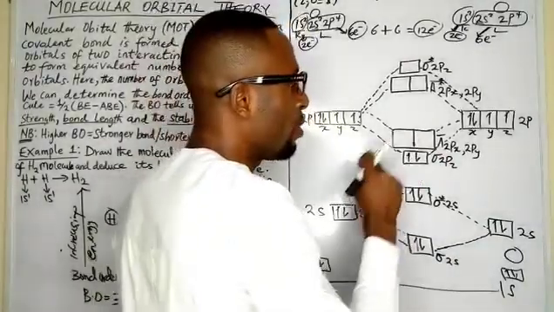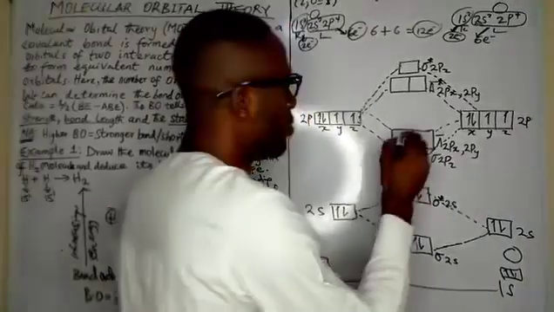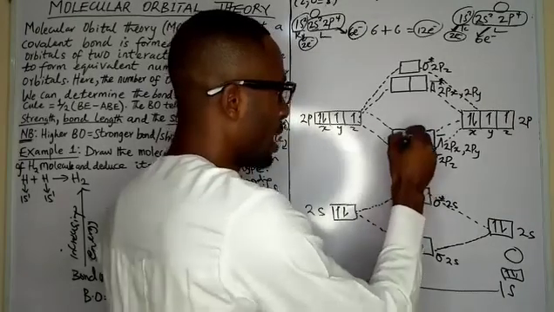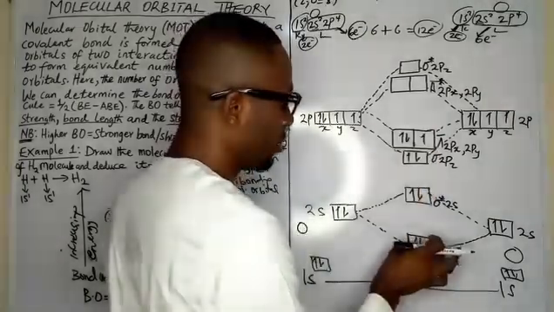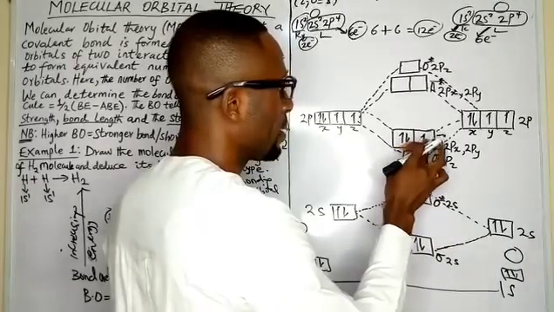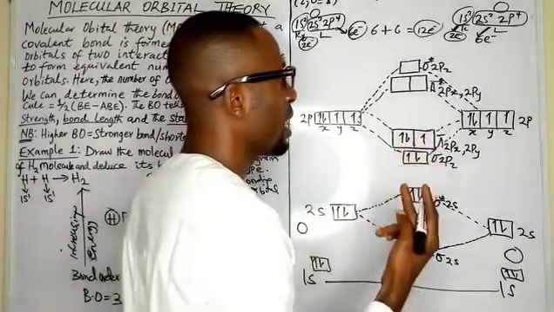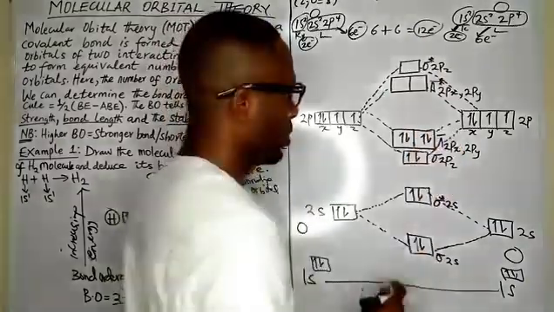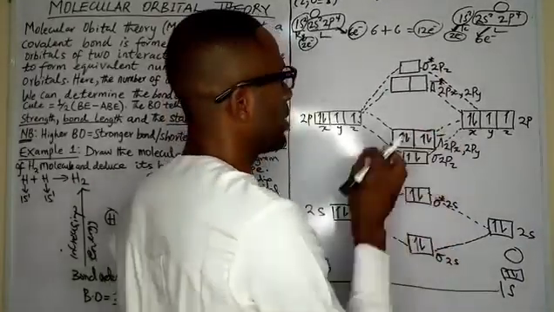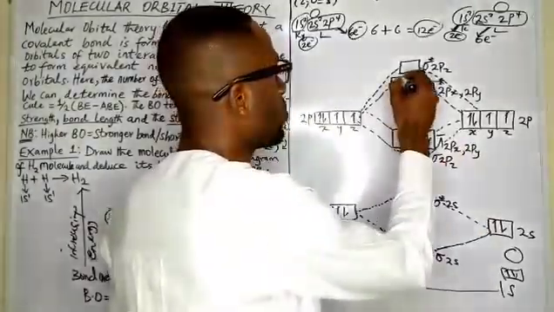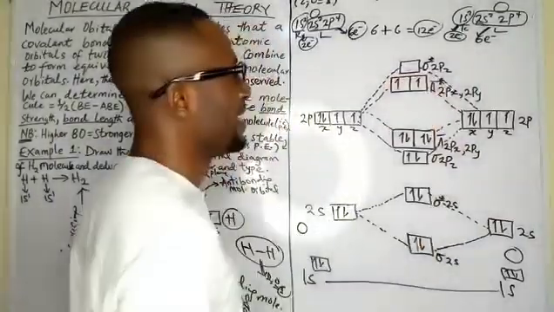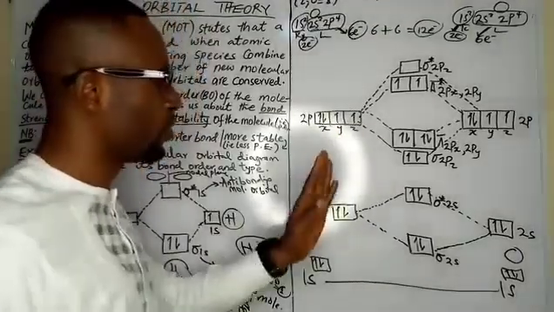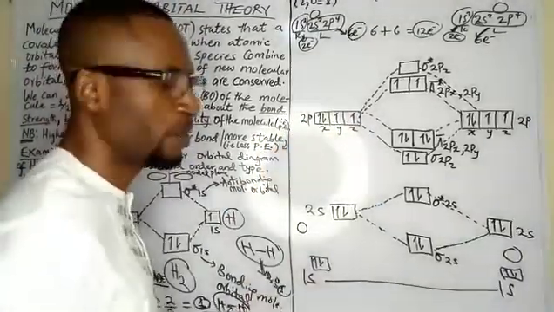Now you are at orbitals of equal energy, degenerate orbitals. So you put 1 up, put 1 up. You come back, put 1 down. So you check, 2, 4, 6, 8, 9. So you still have 3 electrons to put to meet up with 12. So you put 1 down. So 2, 4, 6, 8, 10. So you still have 2 electrons. That means 1 up, 1 up, since you are dealing with degenerate orbitals. So this is exactly how to be able to draw your molecular orbital diagram and label it.